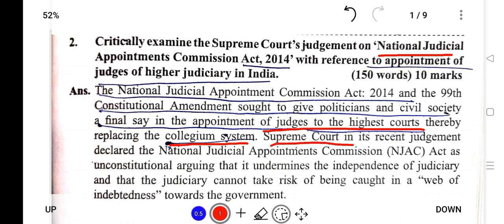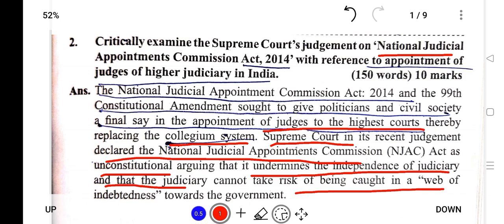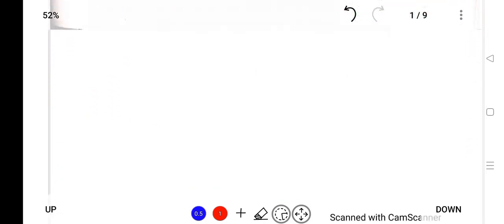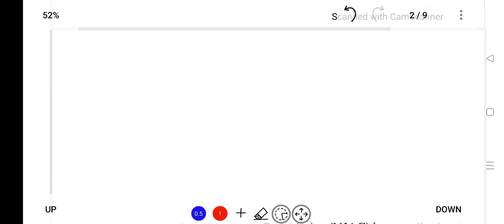The Supreme Court, in its recent judgment, declared the National Judicial Appointment Commission unconstitutional, arguing that it undermines the independence of the judiciary and that the judiciary cannot take the risk of being caught in the web of indebtedness towards the government. So, the Supreme Court's analysis was that if this National Judicial Appointment Commission was initiated, it would totally destroy the concept of separation of power, where the legislative, executive, and judiciary are separated from each other, and the politician will have a final say in the